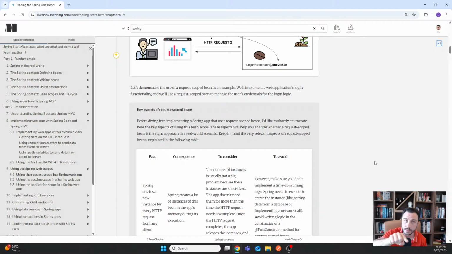That bean will be the same, and only for this request. If another request goes in parallel and requests the same type of bean, there will be a particular instance for that request. So this HTTP request scoped bean allows you to create an instance that belongs to a particular request,